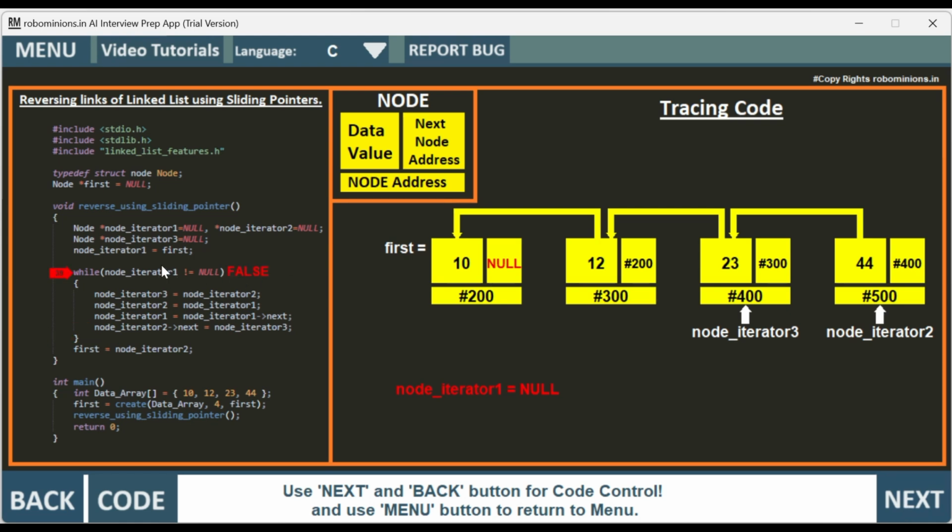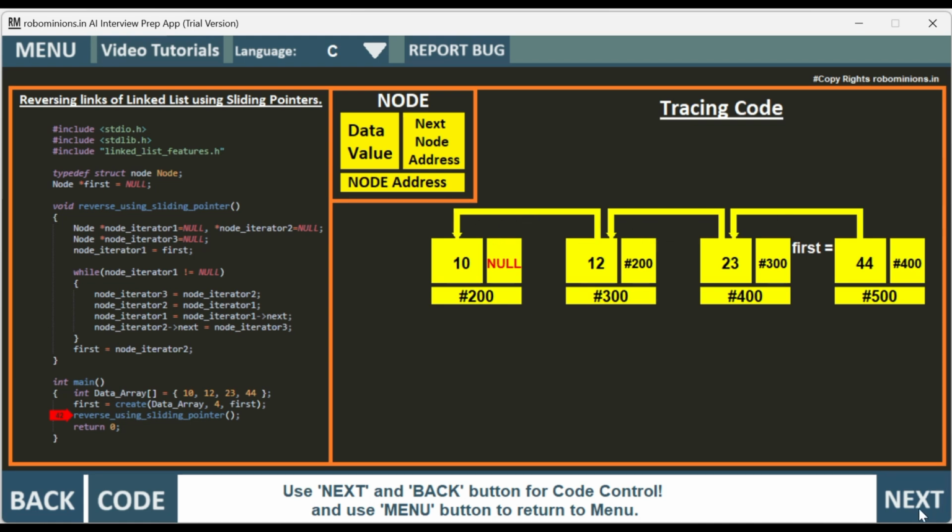Now when the while condition is checked again, node iterator 1 not equal to NULL becomes false because it is equal to NULL. Then we have first equal to node iterator 2, so you can see node iterator 2 is the first one. Then you come out of the reverse using sliding pointer. You can see successfully the link has been